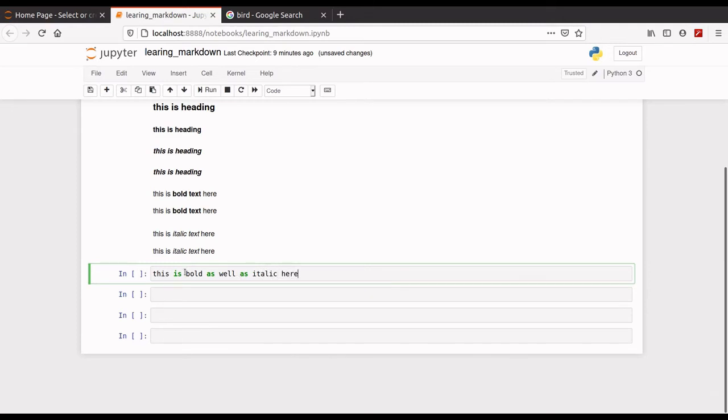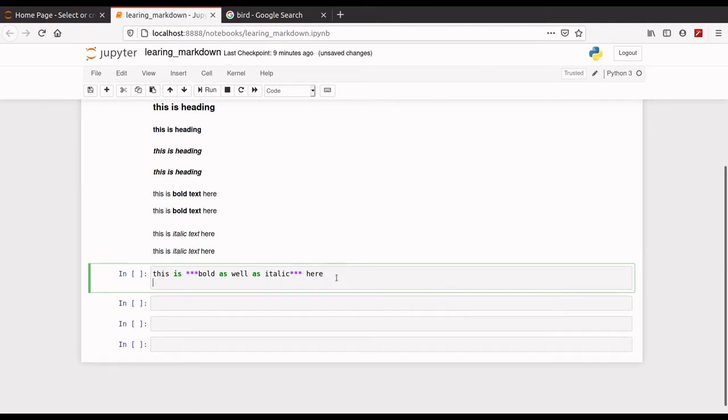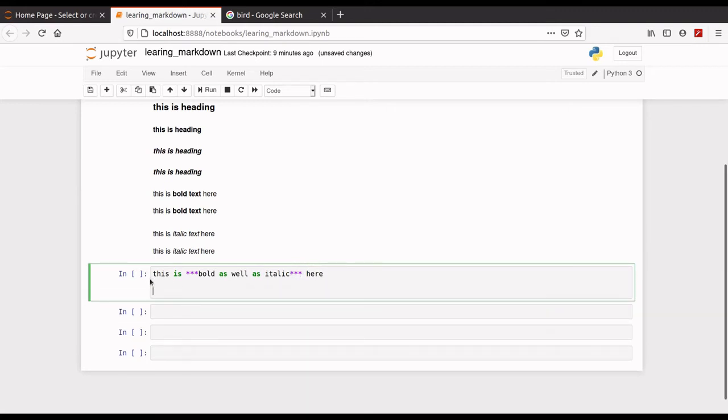Now just quote it with three stars, and here also you can use three underscores.